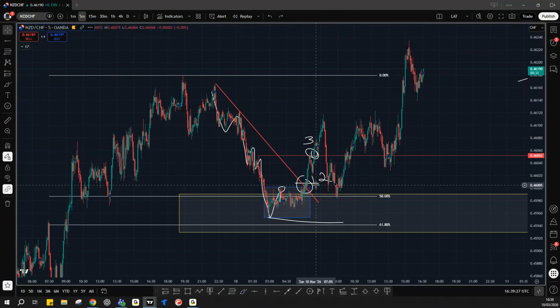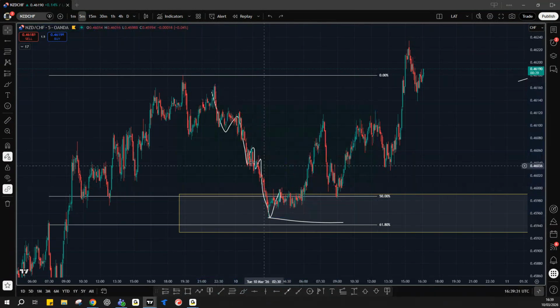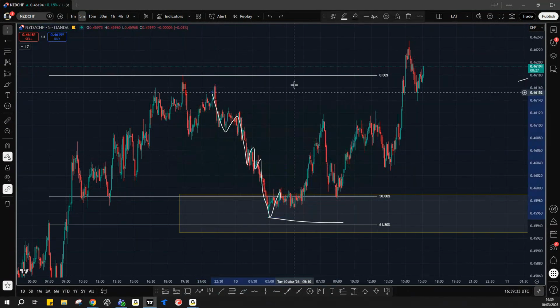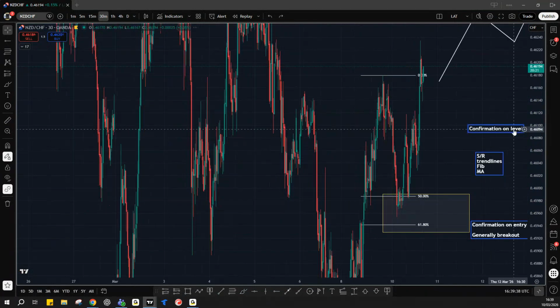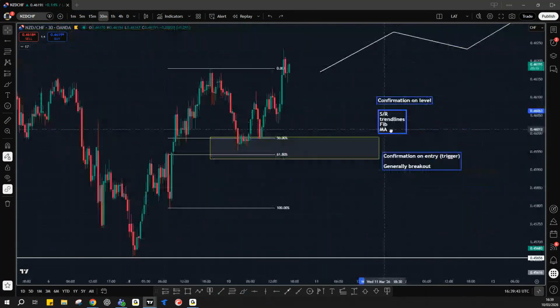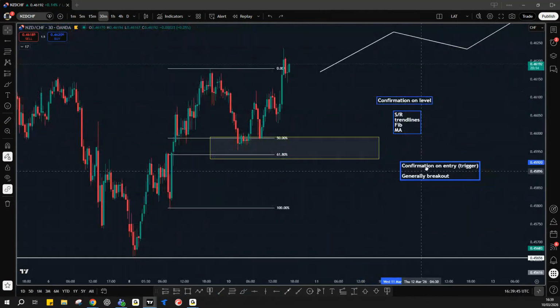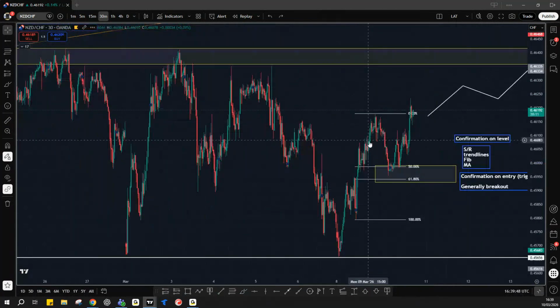If those things happen, they give us that last bit of confirmation to say the chances that we make our way up towards this next level of resistance above are now much, much greater. Okay. So it's always worth doing that when you're looking at multiple levels for a day or from a profile. What have we got to confirm the level, and how am I actually going to get into this trade?